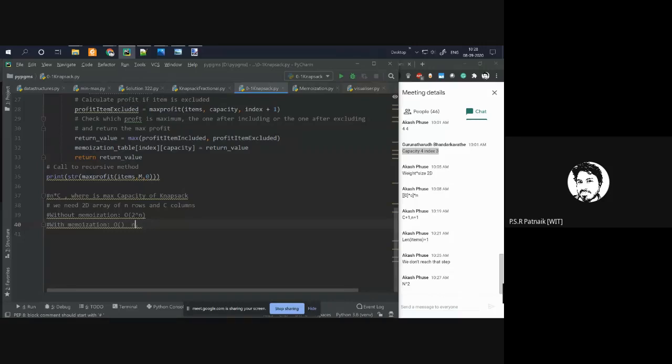I'm doing n into c computations. So we will not write n square, but we will retain c as it is, where c is the max capacity and n is the number of inputs.